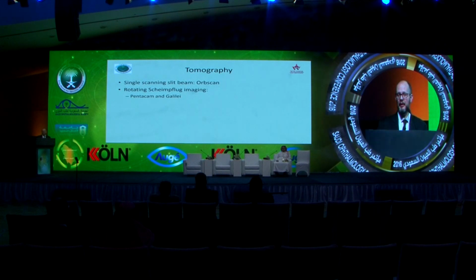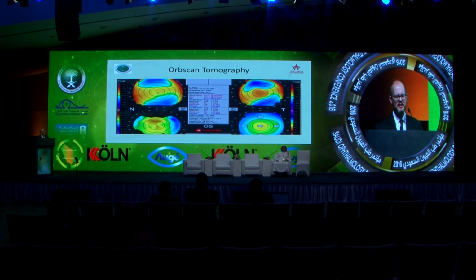The Pentacam and Galilei devices utilize rotating Scheimpflug imaging, so it's still a slit beam, but instead of one going across, it's spinning around. So really the same idea, but just different technology. And there may be others out there now. There is new technology coming out every day. But they both take cross-sectional images of the cornea, and they measure the thickness, and they also calculate the curvature and the shape indices. So this is an example of an Orbscan, and it's meant to be blurry because